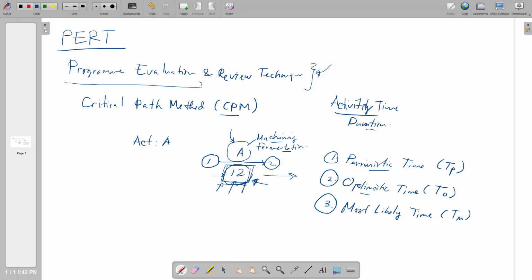The optimistic time is the opposite. We assume that for every single task, when we are trying to complete it, everything will be smooth. Everything will work accordingly, and as a matter of fact, we probably could finish faster. So the optimistic time is usually the time where the task can be finished sooner than the theoretical or the common time. And the most likely time is usually the